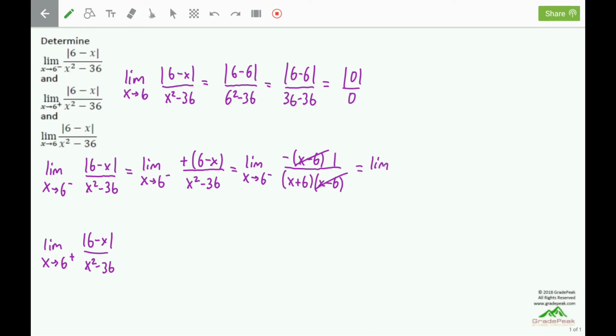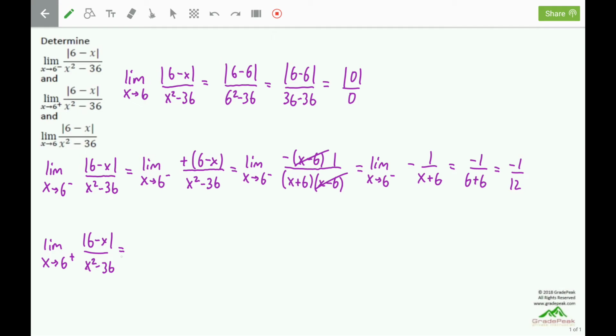So we have the limit as x goes to 6 from the left side of negative 1 over x plus 6. We no longer have the 0 over 0 indeterminate form, so we can try plugging a 6 in for the remaining x's, and we have negative 1 over 6 plus 6, or negative 1 over 12. Now we can work out the right side limit,